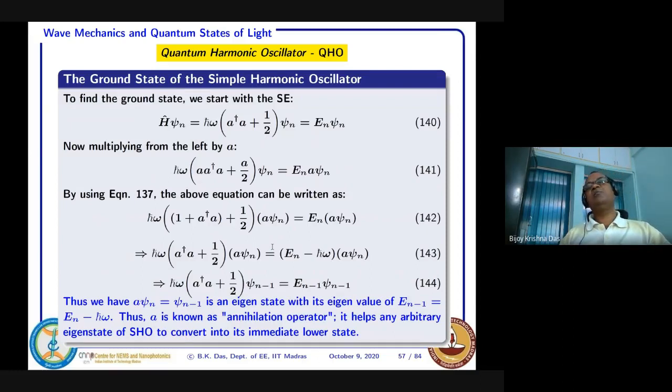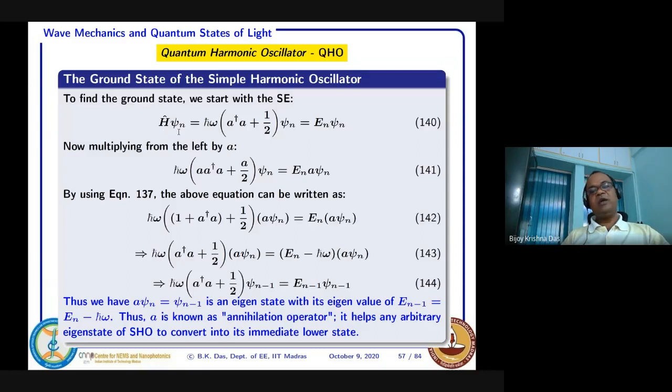Simple harmonic oscillator means a mass in a parabolic potential well, half m omega square x square. That is how it will be oscillating. What is the motion? Everything we need to solve from the Schrodinger wave equation, and in terms of operator form, we can write it this way.